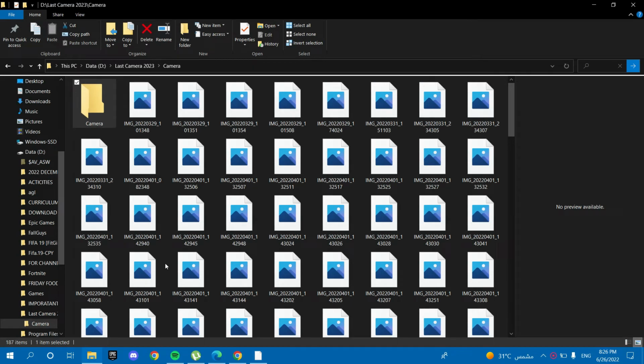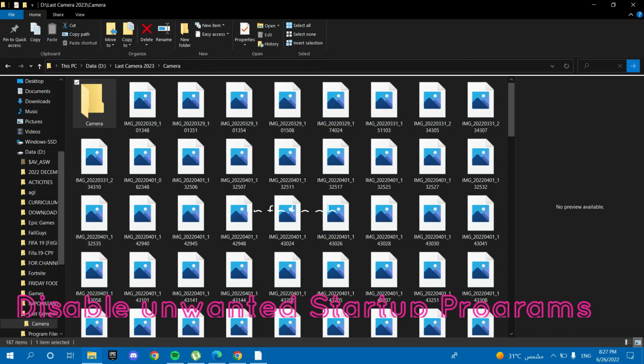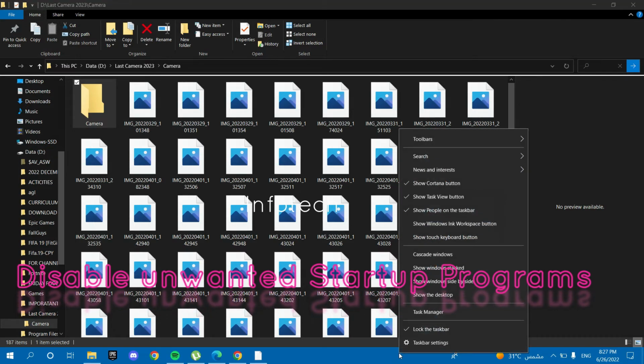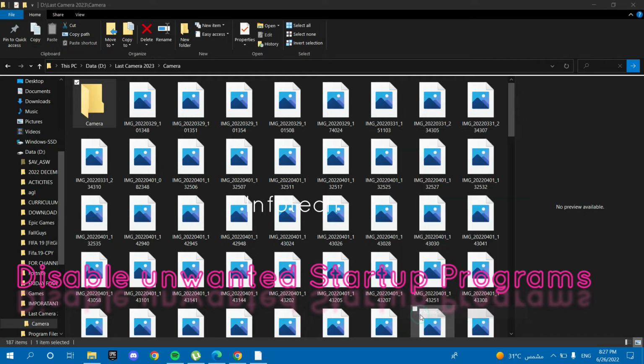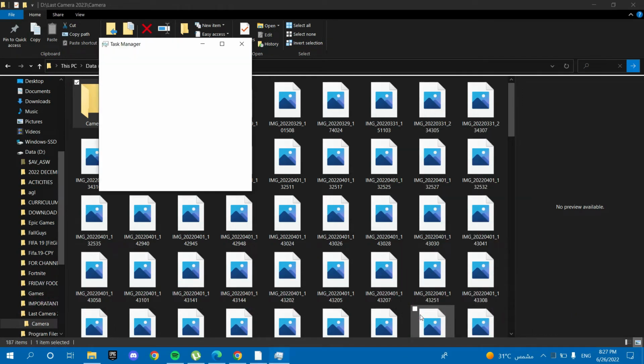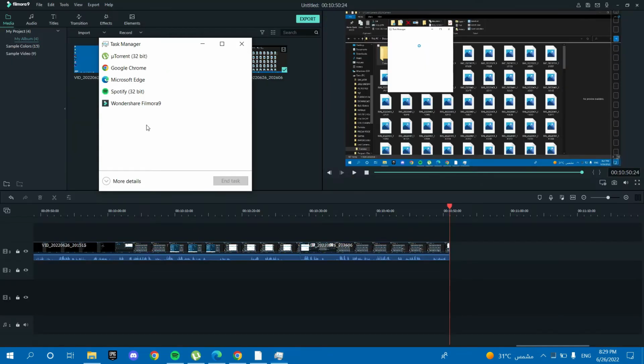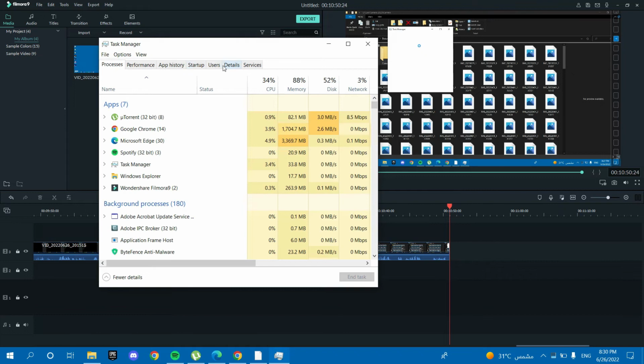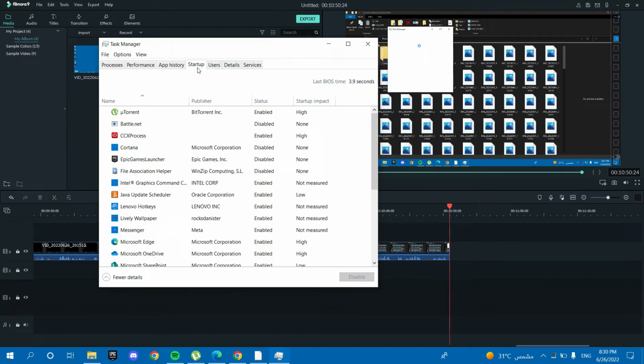So our next step is disable unwanted startup programs. For this step, you go to the task manager and choose task manager. Then this window will appear. For more options in this window, you will click more details. You will click on startup and you will find too many options here. So what you have to do exactly,